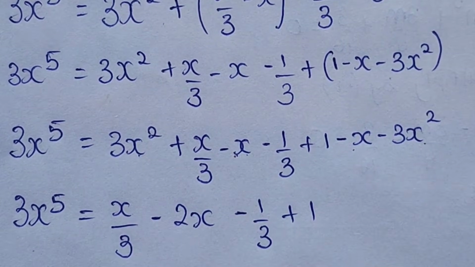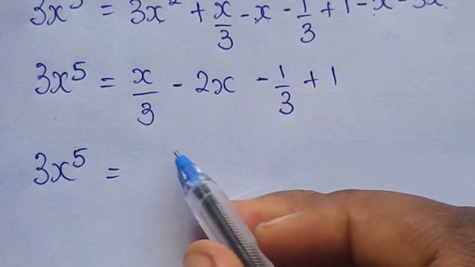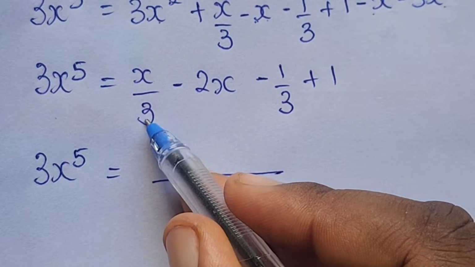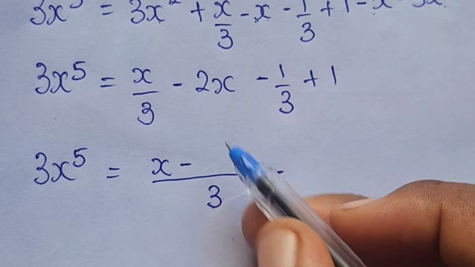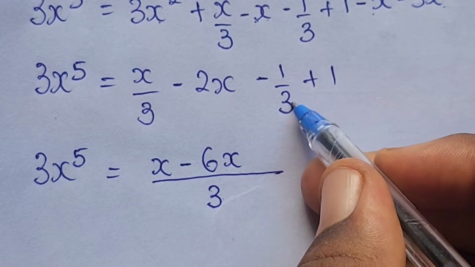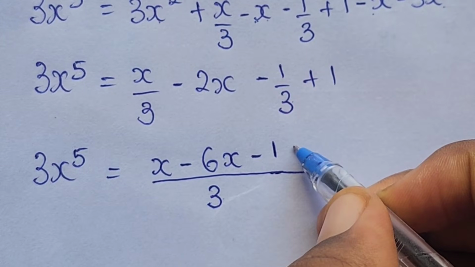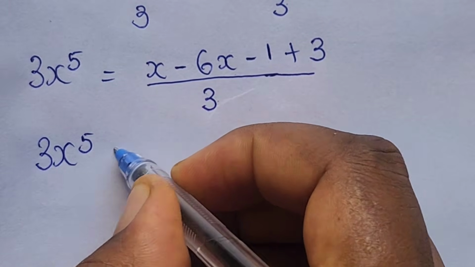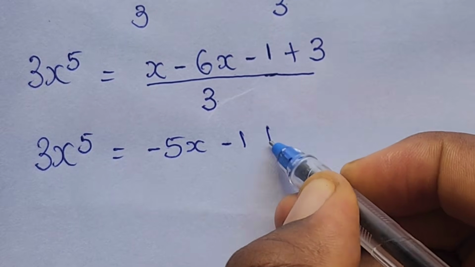plus 1. So we have 3x to the power of 5 is equal to, our common denominator here is 3. So 3 divided by 3, 1, we have x. Minus 3 divided by 1, 3 times 2, we have 6x. 3 into 3, we have minus 1. And we have plus 3. So we have 3x to the power of 5 is equal to, we have minus 5x minus 1 plus 3